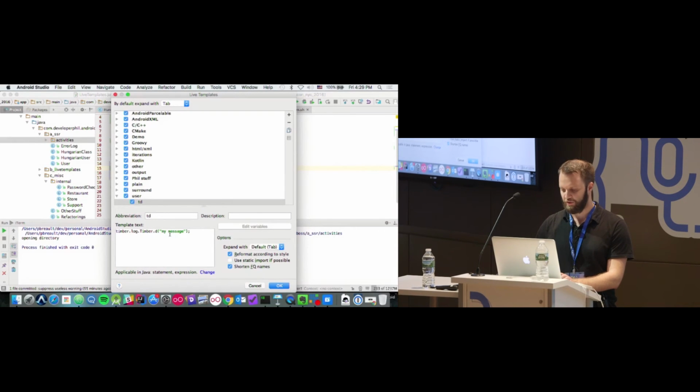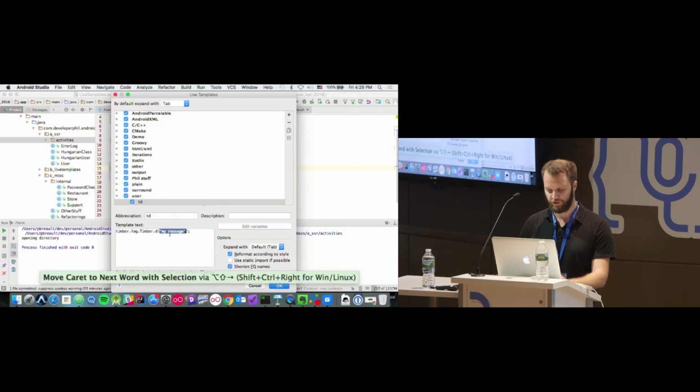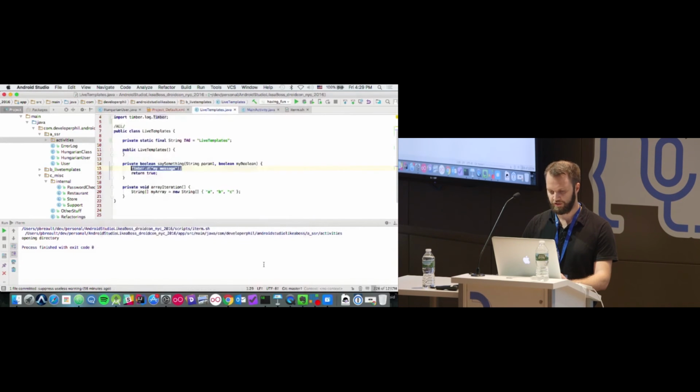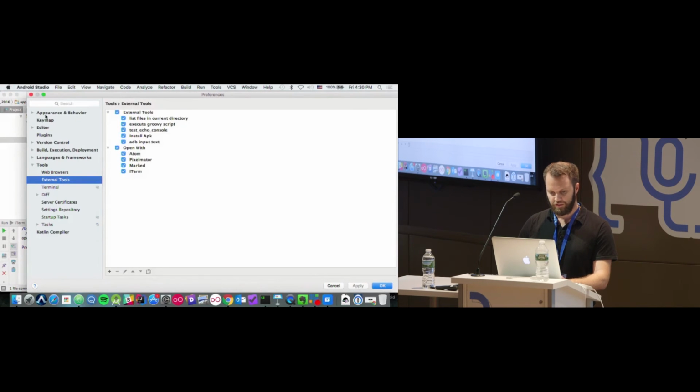And now what you can do is add variables. So of course you don't want to expand to my message. You probably want to expand to something like some random message. And if you press OK here, the next time you type TD, it's going to appear, press tab, and you're going to be able to start typing. But we can go a step further than that. If you go back to the live templates,